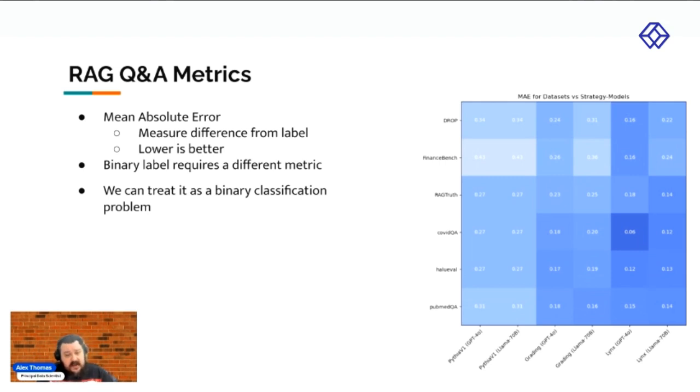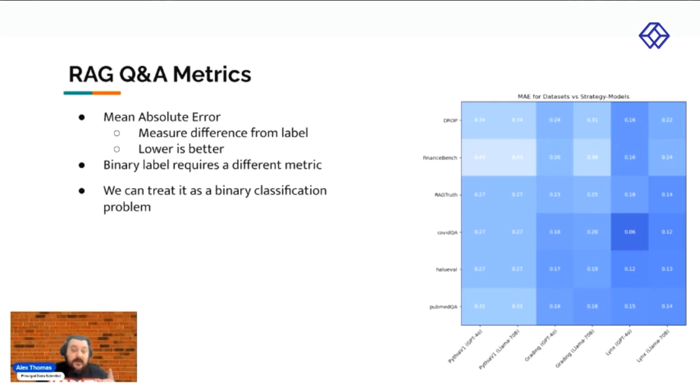And then the ones with more granularity are still going to be penalized, because their values are all going to be more in the middle, and then you're going to have the labels be this extreme 0 or 1. So mean absolute error is not the right metric for this.